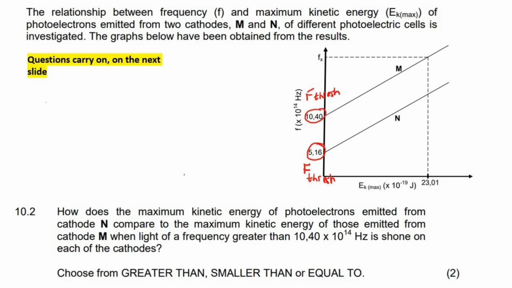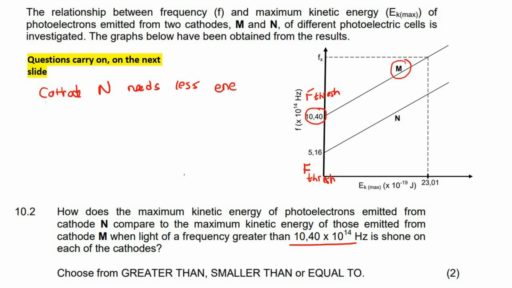So it says, how does the maximum kinetic energy of photoelectrons emitted from cathode N compare to that of cathode M when light of a frequency greater than 10.4 is shone on each of the cathodes? All right, so if you look at this carefully, cathode M requires 10.40 times 10 to the 14 hertz for an electron to be released. Whereas cathode N only needs 5.16 times 10 to the 14. So this one needs less energy to release an electron. So I'm going to just write that so we can make a little summary here. Cathode N needs